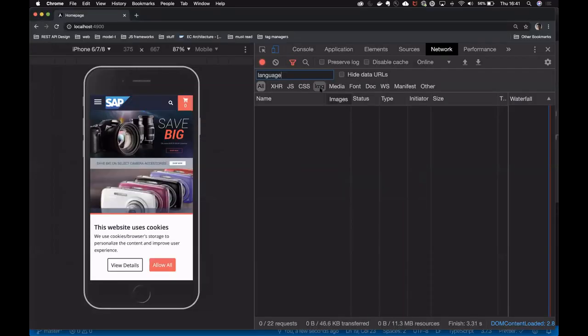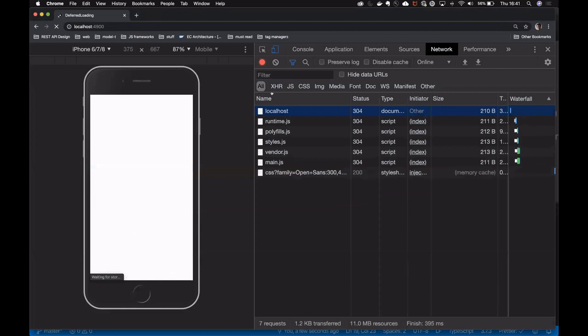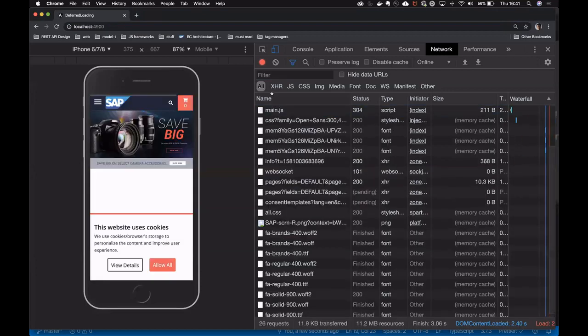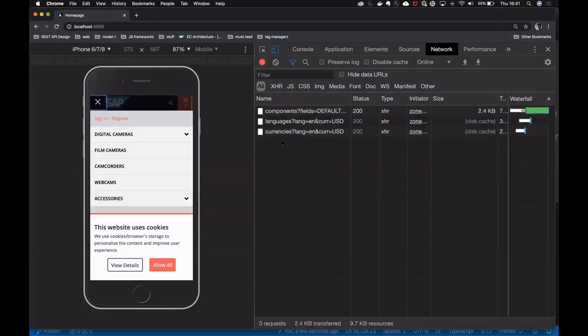So I guess I've already reloaded my experience, so maybe I clear out my network tab. So maybe just do it again. So reloading my page here, and let's wait a little till the full page is loaded. So to begin with, my expectation here is that if I hit my hamburger menu, we will see a few network requests coming in because I've cleared it. So we should at least have a request for the language and the currency, and likely also one for the navigation. So there you go.